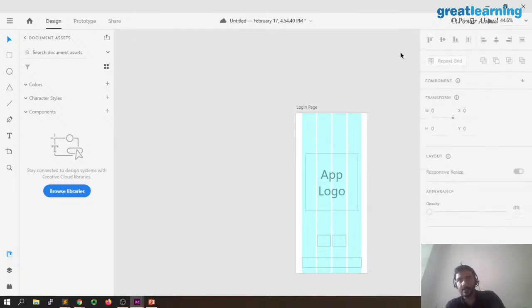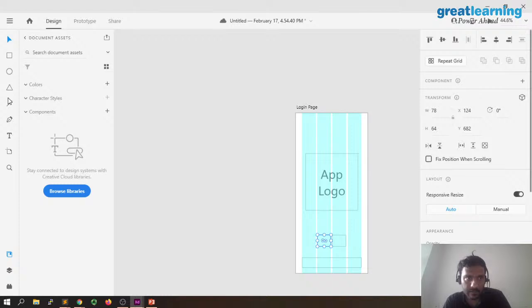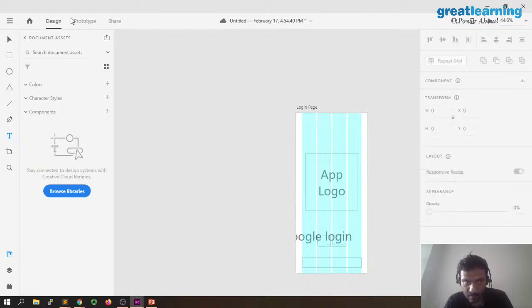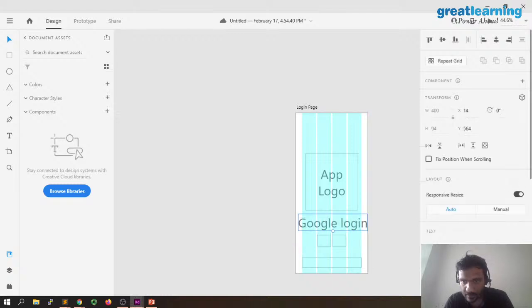Okay, fine. Now I'm going to basically give this thing Google login. Okay. Selector. We're going to reduce the size of this.